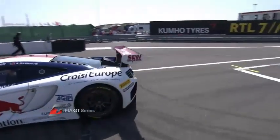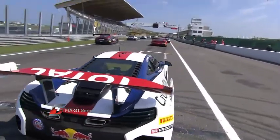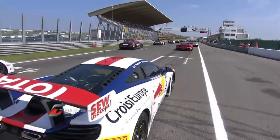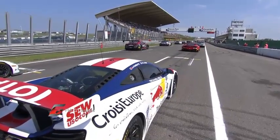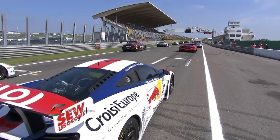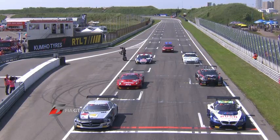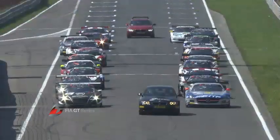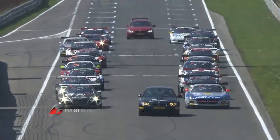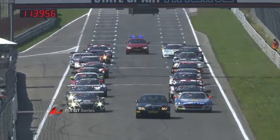And there is the Sebastien Loeb car, and that on the rolling start will be trying to make some moves on the run down into Tarzan, I should say, here at Zandvoort. It's a very iconic corner, banked on the inside through the right-hander. It is possible to get around the outside, but you end up running out of room on the exit